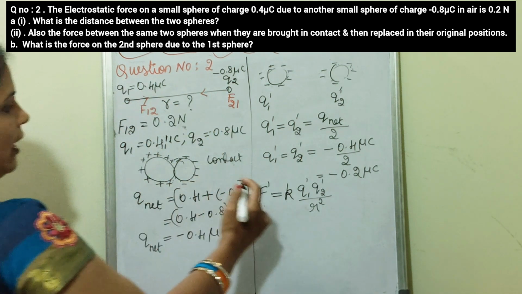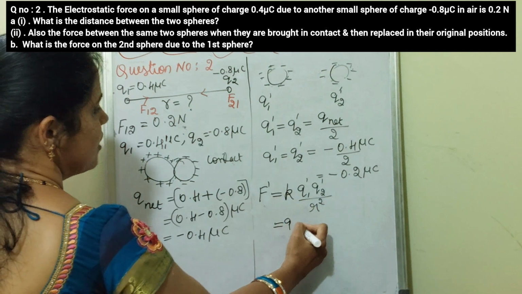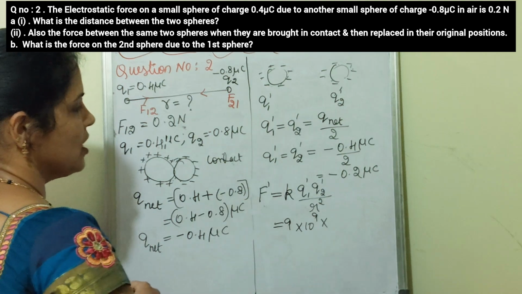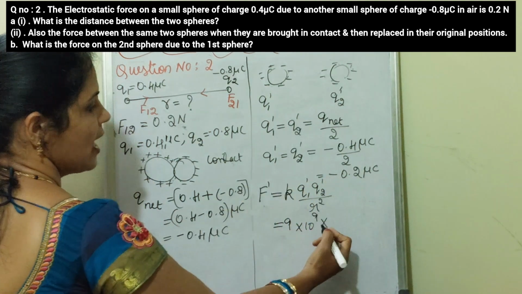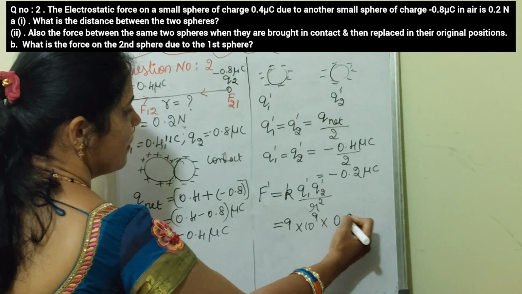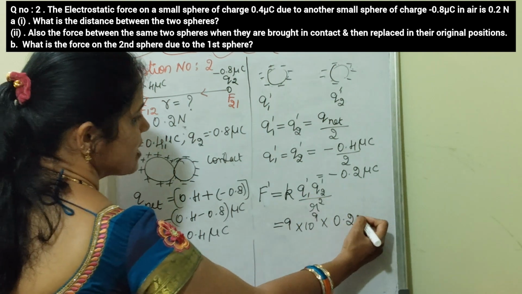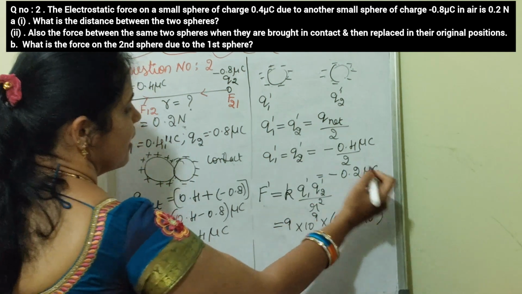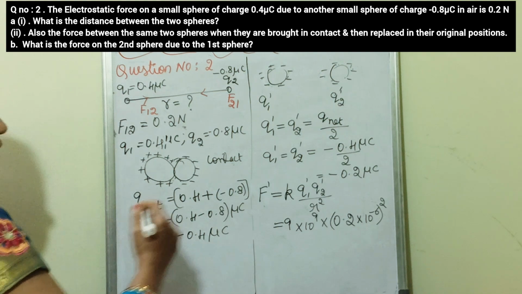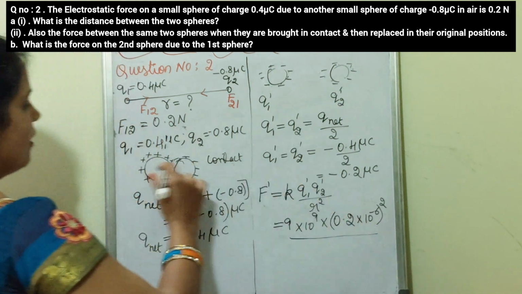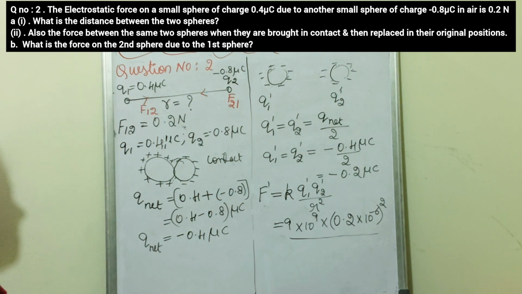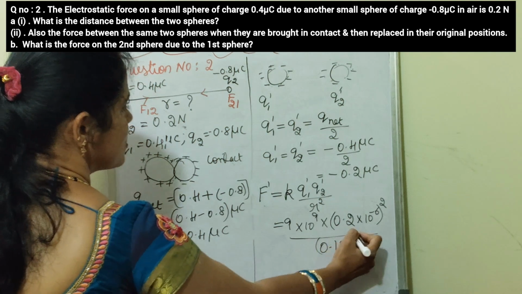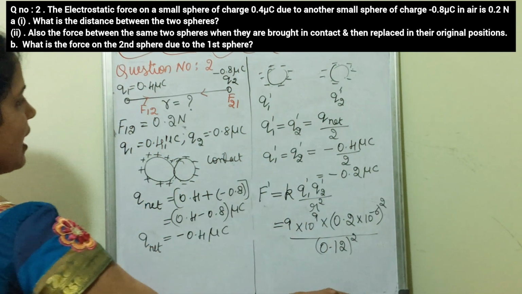Since they have been placed in the original position, the distance between the two is the same. Is this clear? Okay, now let us substitute 9 into 10 to the power 9, and the charges are the same. As I mentioned already, we should not write the negative sign. We need to write only the number 0.2 microcoulomb, which appears 2 times, so let us write the square here. 0.2 square divided by r square. What is the distance? Already we calculated the distance as 0.12. So 0.12 whole square, right? So after calculating,